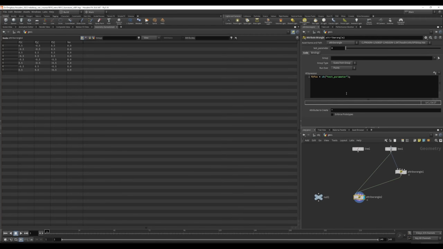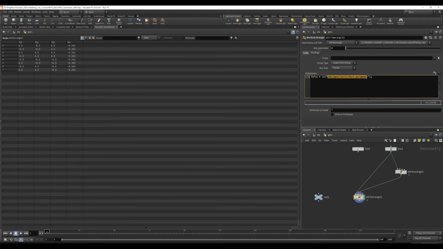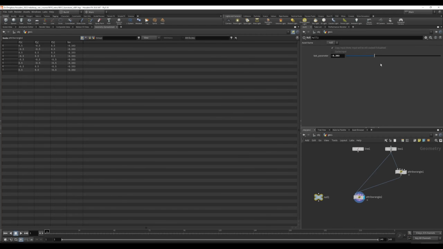If I wanted to access this, I would actually have to go all the way down in the scene. So I would have to say obj geo1 null1 and then test parameter. And now we're still pinned on here, just so that you're aware. If I were to look at this null and change the value, this path to the value allows us to return the value of this parameter at this current frame